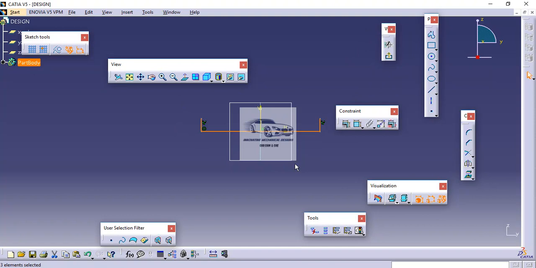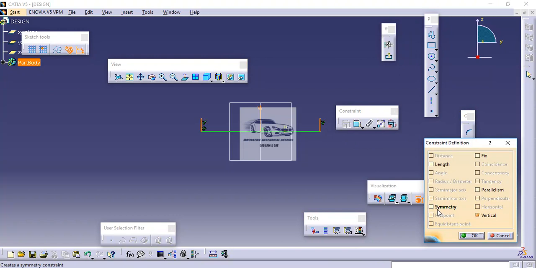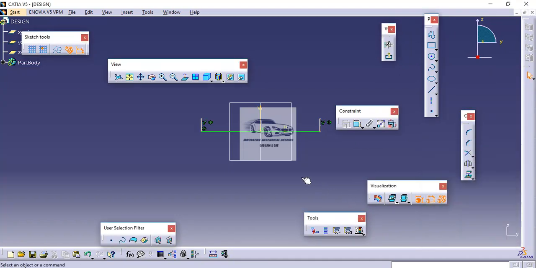Now, as it is clear from the drawing, this particular sketch is centric, or in other words, these two lines are equidistant from the center, so we have to make them symmetric. For that, by using the Control key from the keyboard, we select the two lines and then the axis, then go in the constraint dialog box and select symmetry.